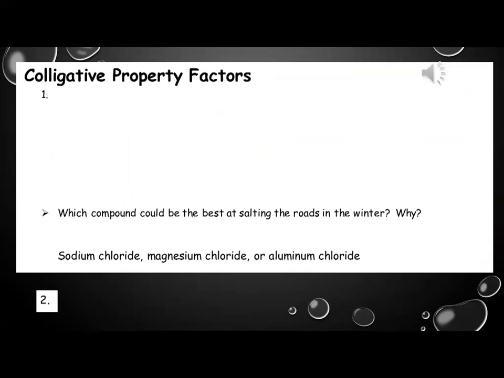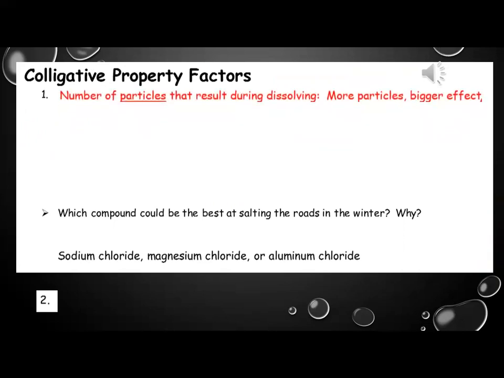Some particles are going to be more effective at creating these colligative properties than others. It all depends on how they dissolve. But essentially, the number of particles that result during the dissolving process will increase the effect of the colligative property. So if we have more particles dissolved, it's going to increase the boiling point even more. It's going to decrease the freezing point even more, and it's going to lower the vapor pressure of our solution. So if we look at these